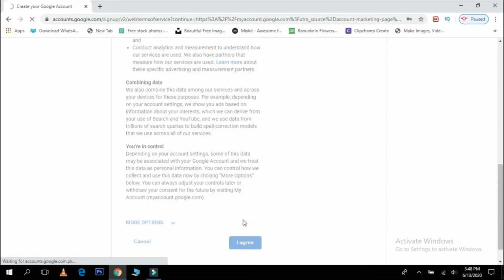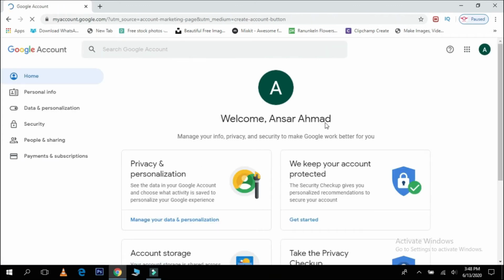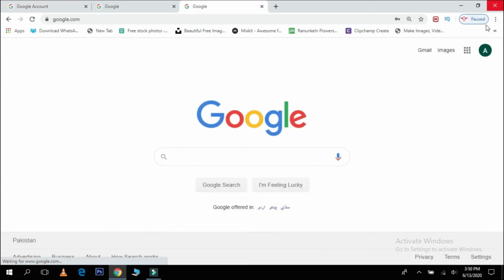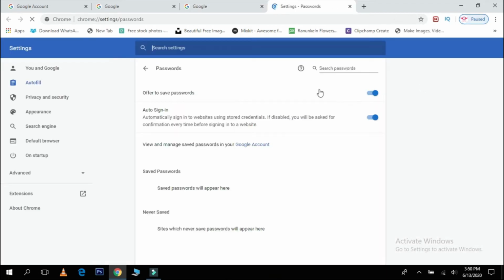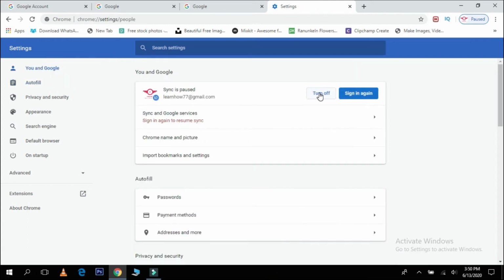If you want to read this agreement, you should. Now this is your Google account. You can always change your password, phone number, contact from the left column. Now if you want to sign in to your Google account, just click there and now click on this key button. When you click this, just look at the left corner and click on the You and Google,